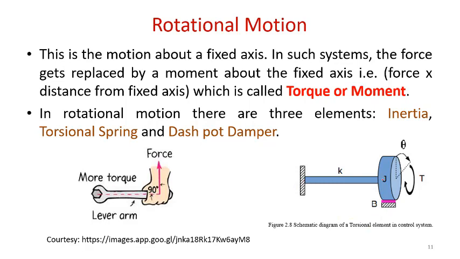So this is the disc, that is the moment of inertia of a circular disc, which is represented by J, and it is connected to a shaft, that is a torsional spring, which is the property of a rotational spring. So it is represented by K, and the disc is coming in contact with the surface, and in between we are having the fluid or the friction, that is called a dashpot or a damper.